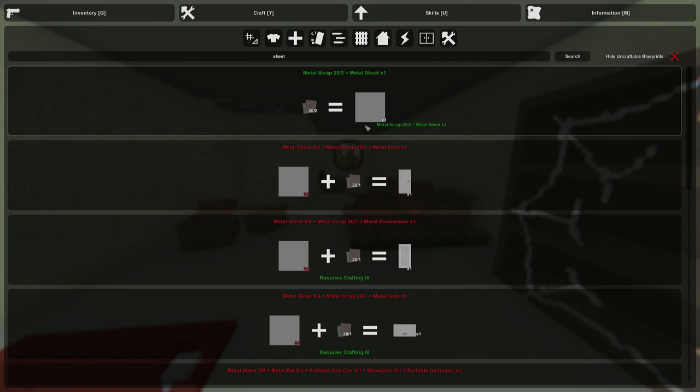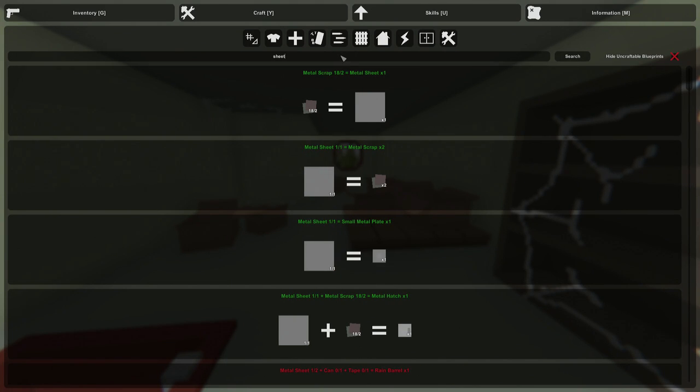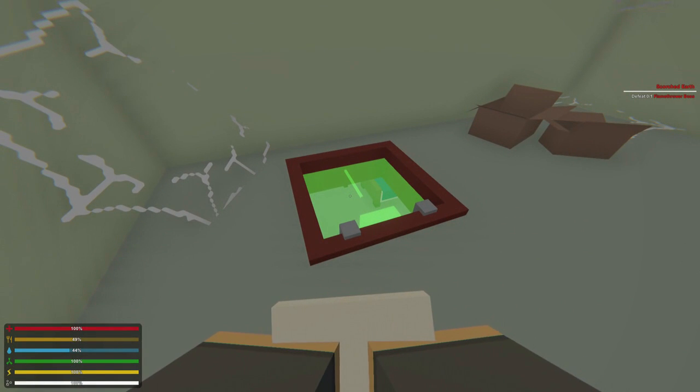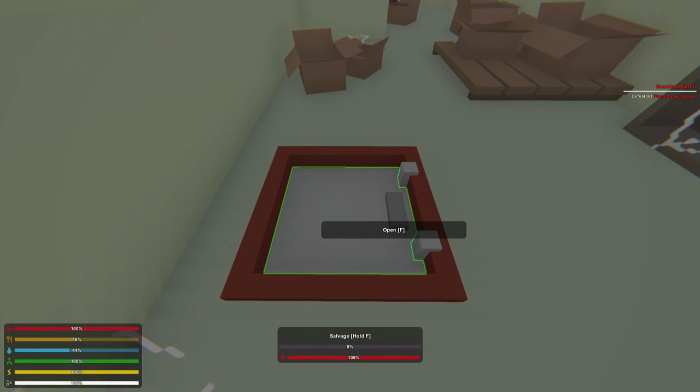I think we need to make actually 8 in total, but we're not going to craft them all right now because I'm fearful of accidentally crafting too many items. But a hatch just requires 1 sheet and 2 scrap metal. It is quite simple. Now we have a hatch, and bada bing, bada boom, you have officially blocked entrance into